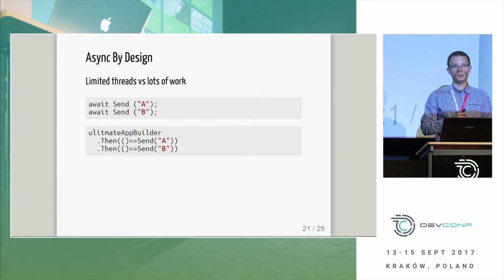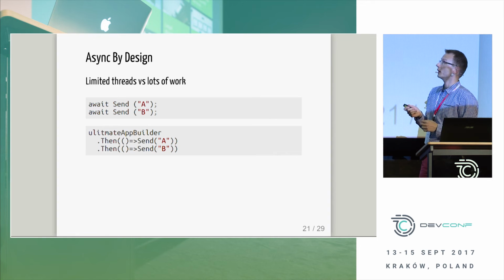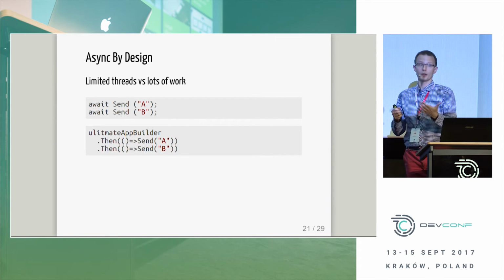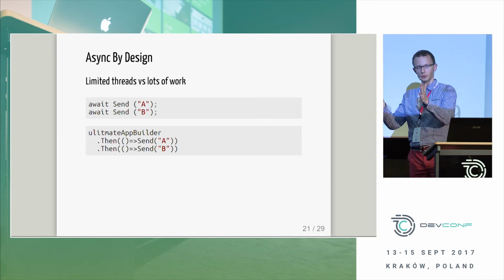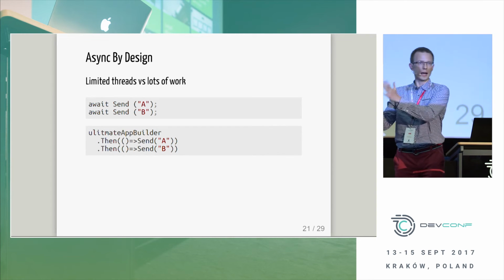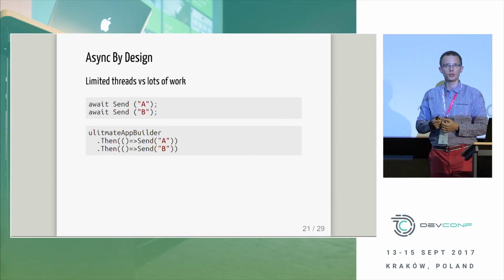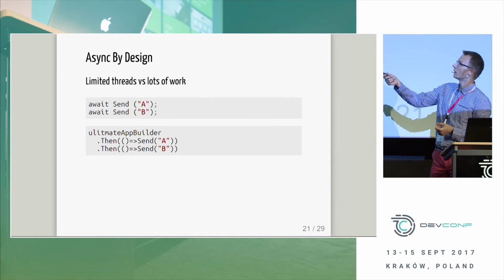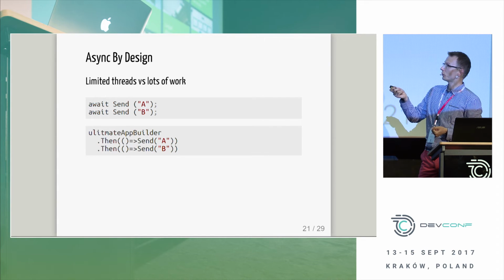What if that was handled by the framework? And that's what's done underneath with the async await code and asyncified code. You can think of it as running your piece of code and then sending a message to the I/O and registering a continuation. You could think of your application, instead of having this, to be a thing like the ultimate app builder, right? When you would write multiple then statements that actually do some stuff and then perform this